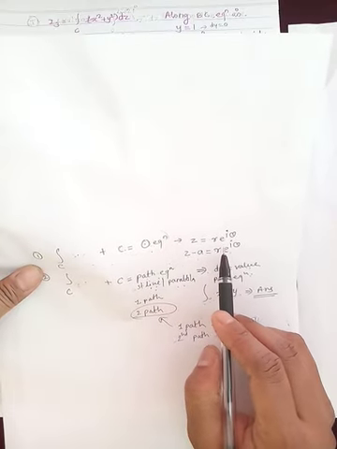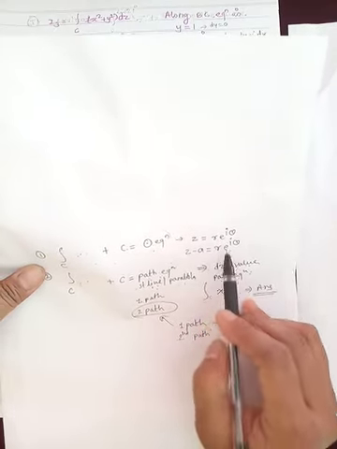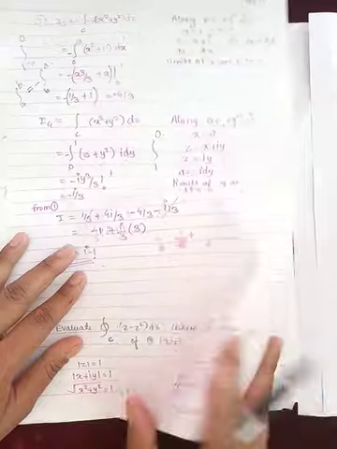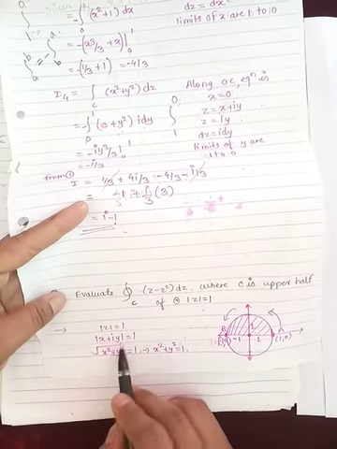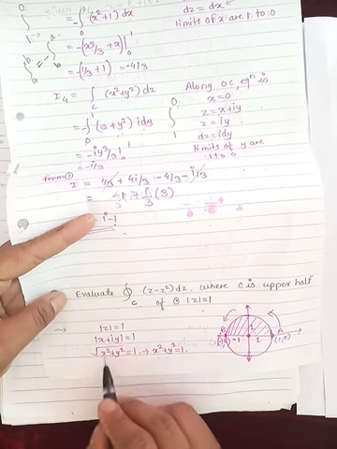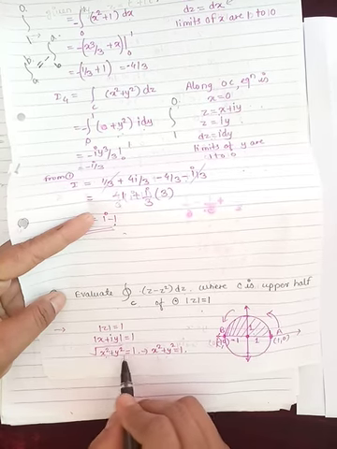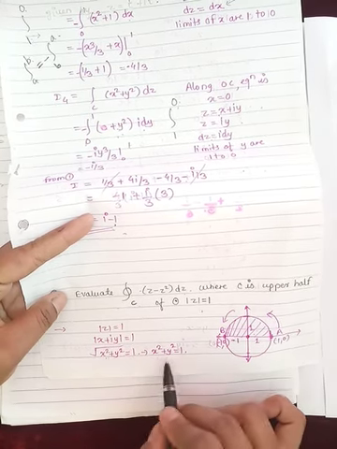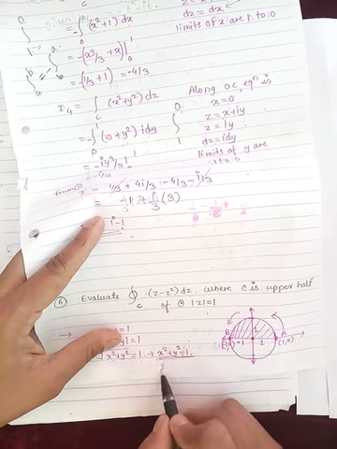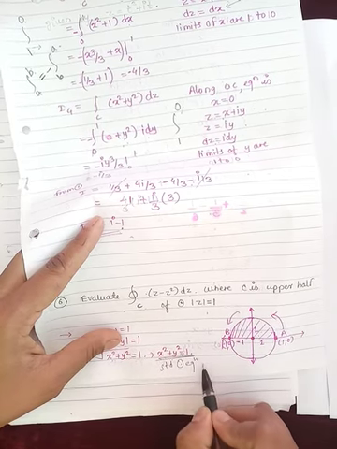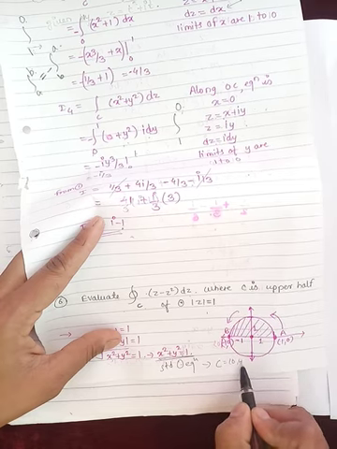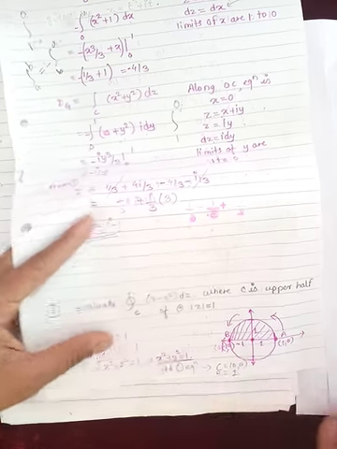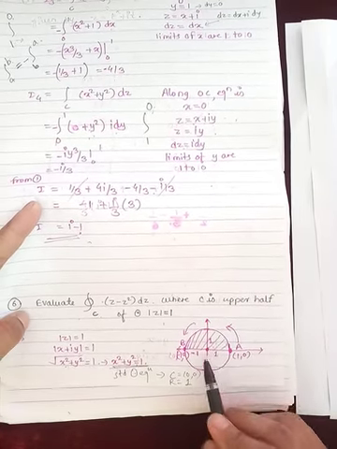For that we have to use the substitution method, z equal to r e raised to i theta, or z minus a equal to r e raised to i theta. So here mod z equal to 1 means put z equal to x plus iy, then the mod value of x plus iy, this is your general formula, square root of x square plus y square equal to 1. Take the square on both sides, so we get x square plus y square equal to 1, and this is your standard circle equation having the center 0 0 and radius the square root of the right-hand side number, and the square root of 1 is 1. So center is 0 0 and radius is 1.